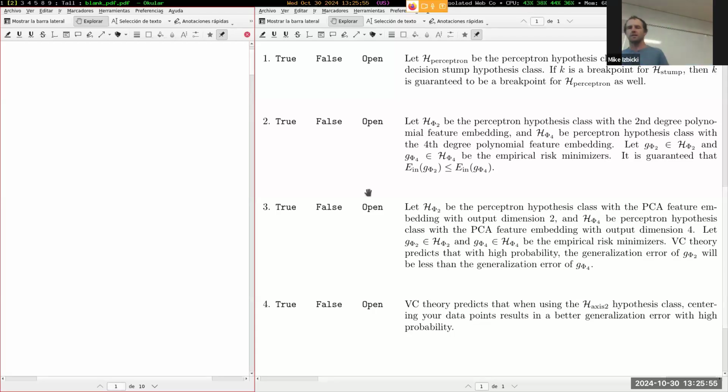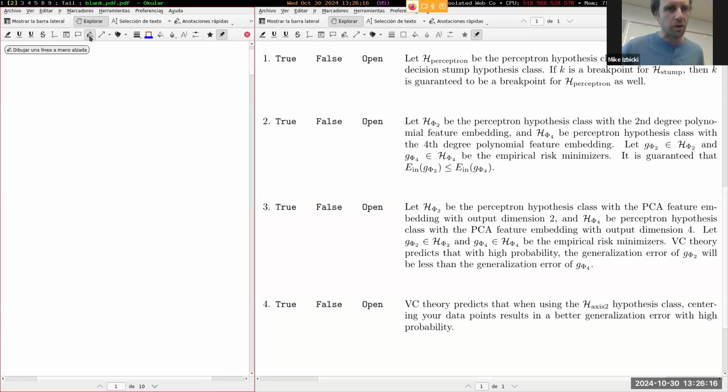Okay, let's go to the quiz. So on the screen up here, I have the quiz on the right-hand side and a little blank spot on the left-hand side where I can write out some notes about things. And problem number 1: let H perceptron be the perceptron hypothesis class and H stump be the decision stump hypothesis class. If K is a breakpoint for H stump, then K is guaranteed to be a breakpoint for H perceptron